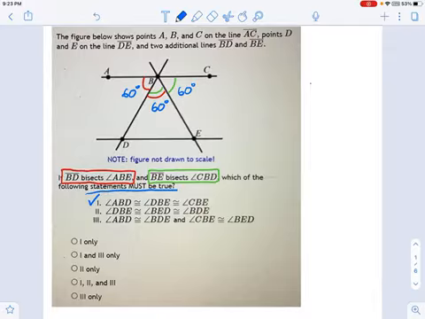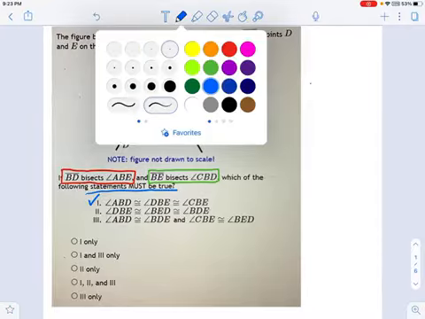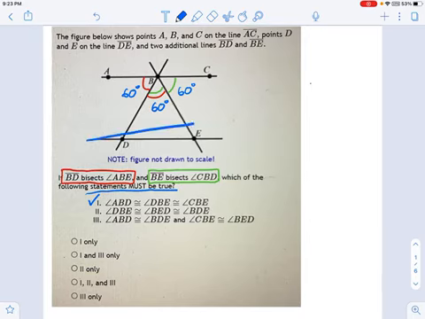But I think that's where we kind of have to stop, because I don't know what this DE line is doing. I mean, let's exaggerate this to just show the problem. For all I know, it looks like this. And we've got a small angle right there and a big angle right here. I can't say anything about these other angles. For all I know, they are actually parallel lines, and it just didn't say it. So perhaps they are equal, right? Maybe they're equal to each other. Or maybe the line cuts more like this, and we have a big one over here and a teeny one over here. We just don't know. So I think that's as much as I can say about congruent angles.